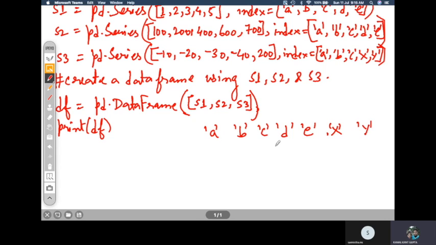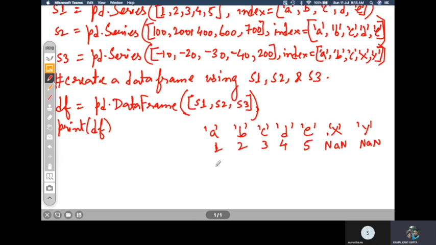So A B C D E X Y, and then within it the first series is having 5 values for A B C D and E. So they will go here 1 2 3 4 and 5. Okay, and what about X and Y for this particular series? No values are there, so NaN.